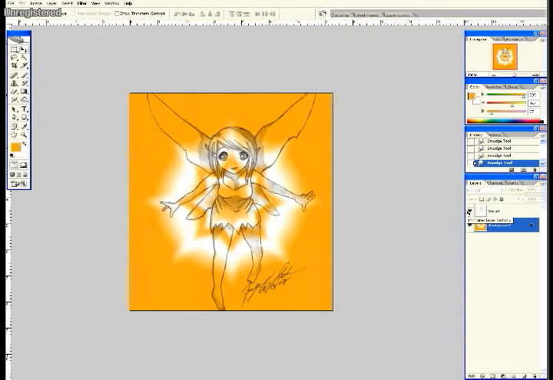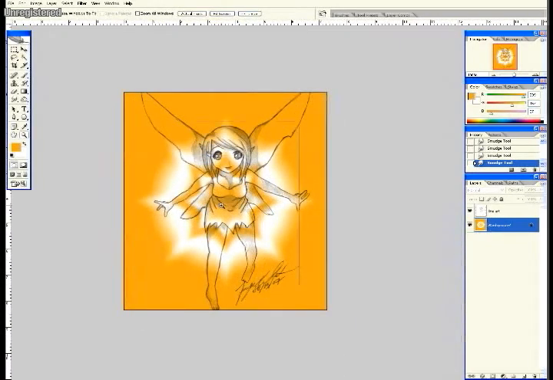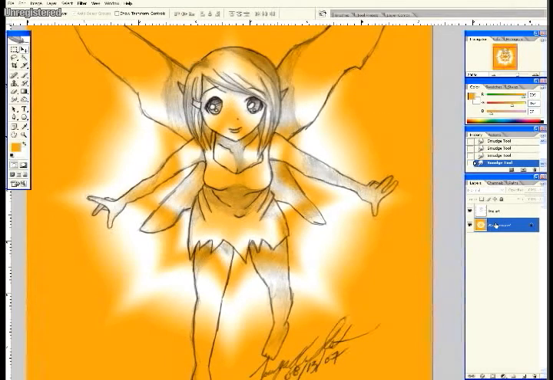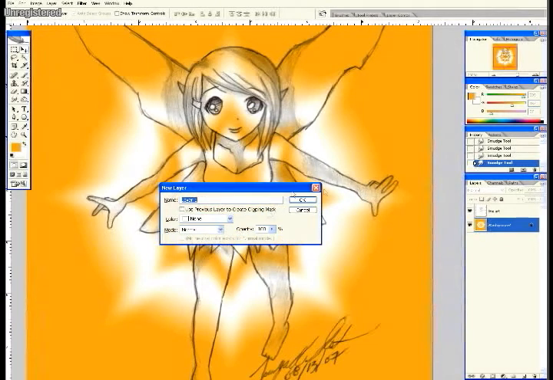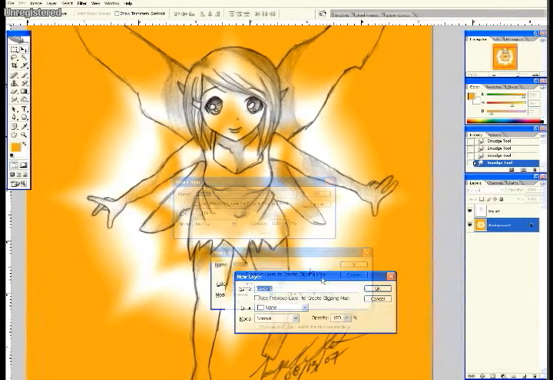As you can see, the lines just kind of show through like that, and you can see right through the wings or body, the clothes, etc. Alright, so what we want to do is select the background image and press Control Shift N, and that'll create a new layer. Click OK, or you can just click on the new layer button in the bottom right corner on the layers tab. So rename this